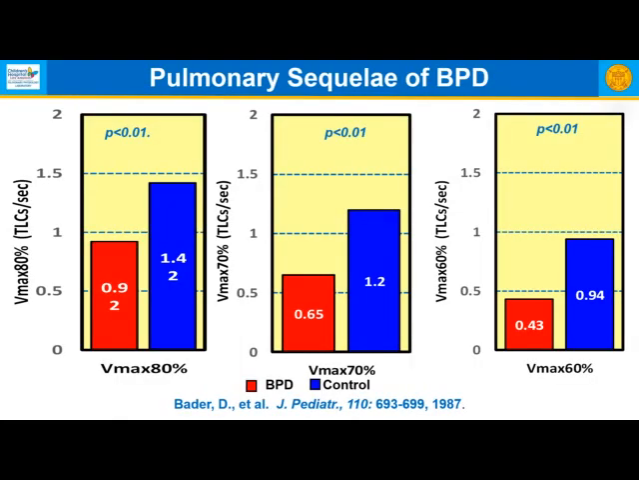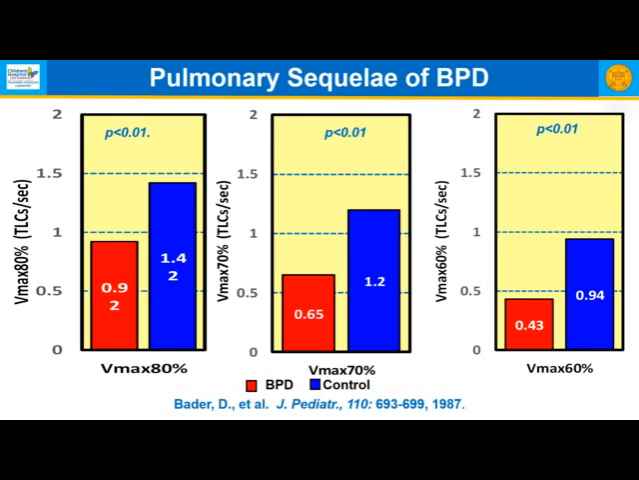This was a study done by David Botter, one of our pulmonary fellows, and you can see here he looks at the Vmax 80, 70, and 60 in young adolescents who had BPD as infants compared to controls. And you can see the Vmaxes are in fact decreased in BPD across the board, Vmax 60, 70, and 80,